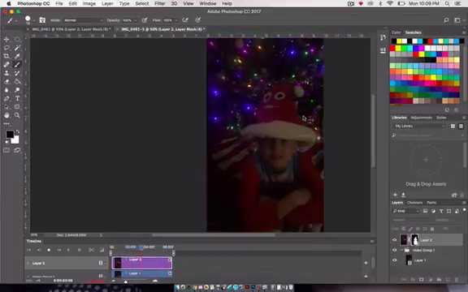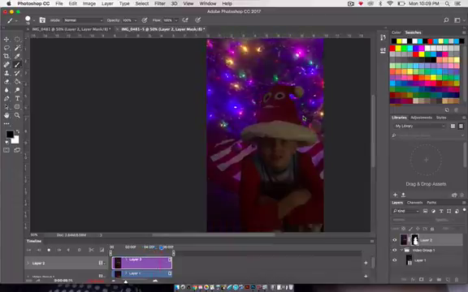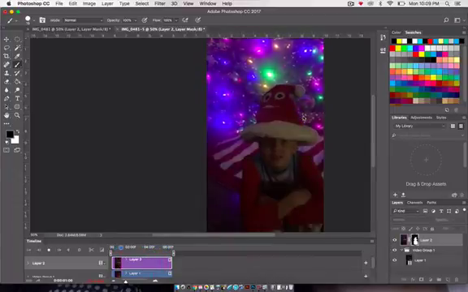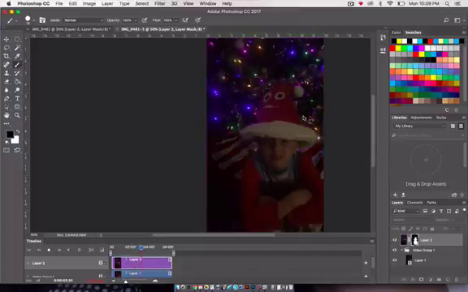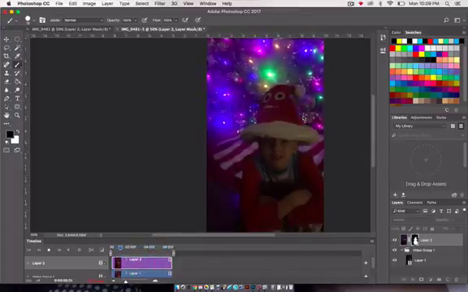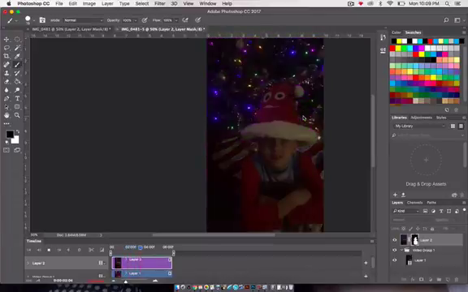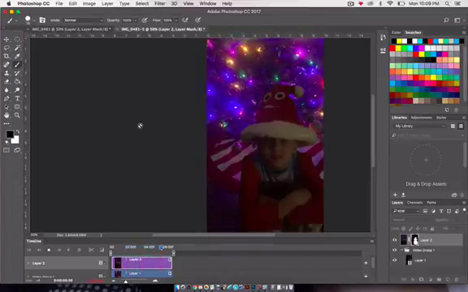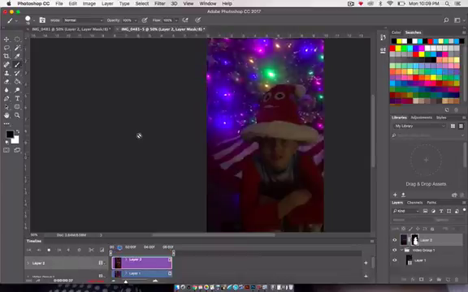If my tree didn't rotate, it would have been better. But I've got a tree that rotates around. If I just had a tree that just flashed lights, it would have worked much better. But my tree rotates. And then once you get that where you like it,